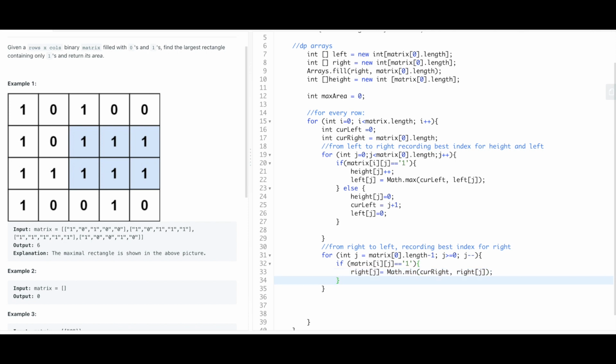So that's if it's 1, and if it's not 1, we are going to make our current right equal to j, and our right j, our dp is going to be